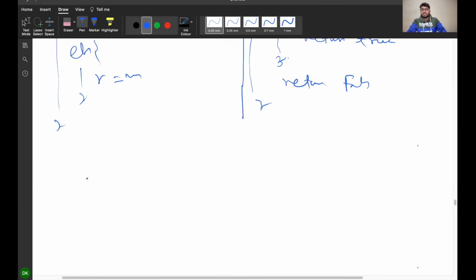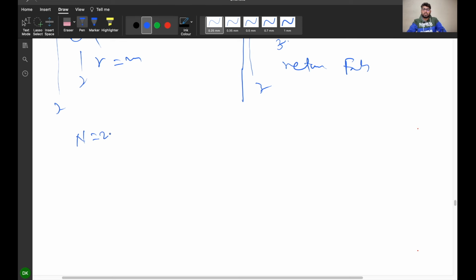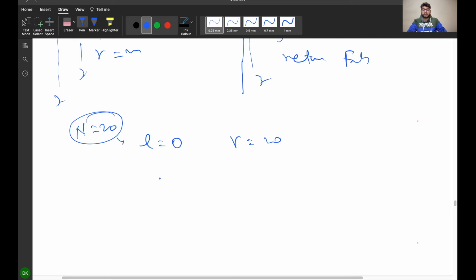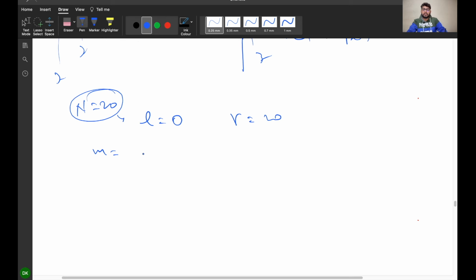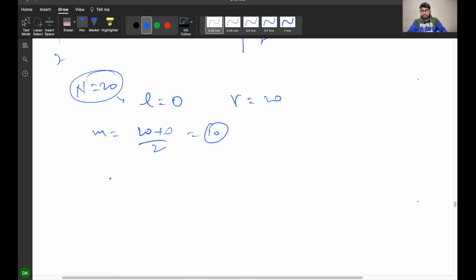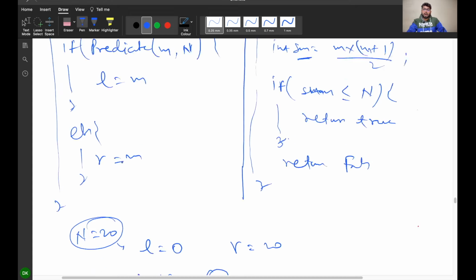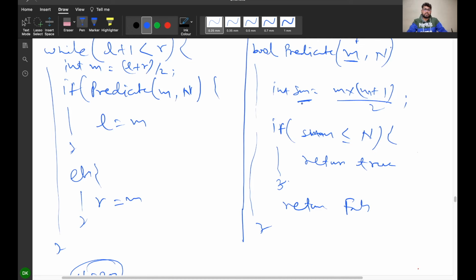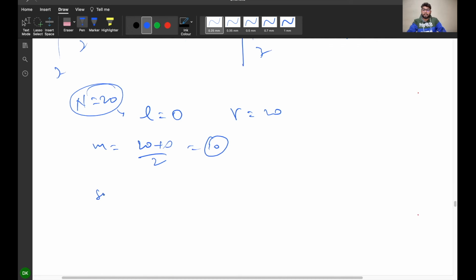Okay, so let's take a dry run for n equal to 20. My L is 0, my R is 20. So what is my middle element? My middle element would be (20 plus 0) divided by 2, that is 10. Now after finding m, I call the predicate function. First I find the sum. What is the sum? 10 into (10 plus 1) divided by 2, that is 5 into 11,